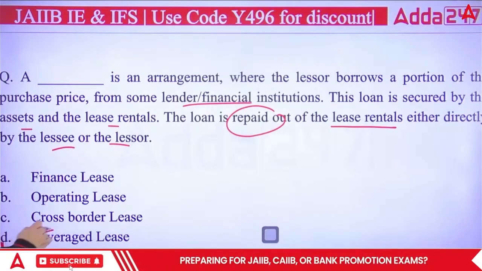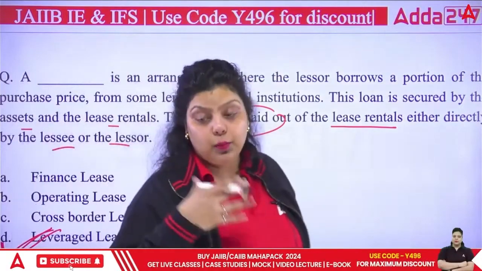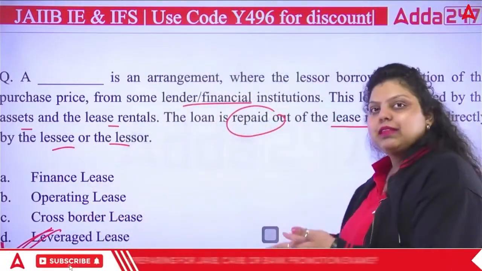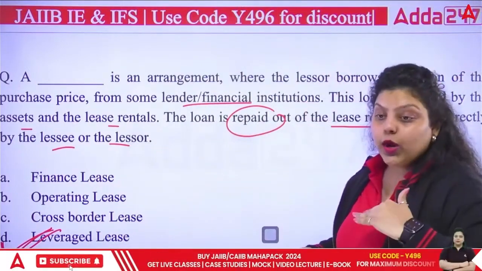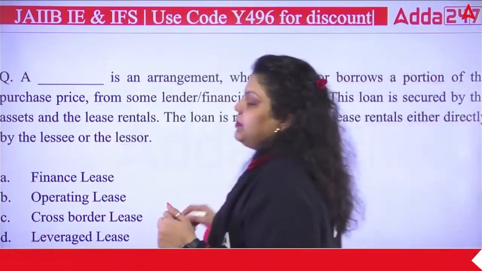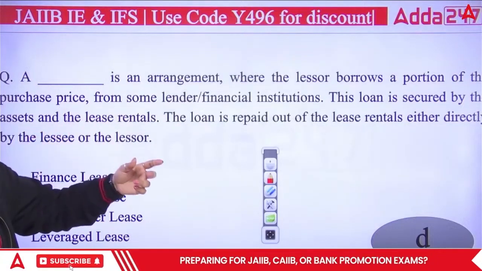It's a leverage lease. You purchase that property by taking a loan from the bank, and now you are providing that property on a lease. So whatever rent you are earning on that property, that's your lease rental, and that will be paid directly to the bank, or maybe the lessee will pay to the lessor and the lessor will pay